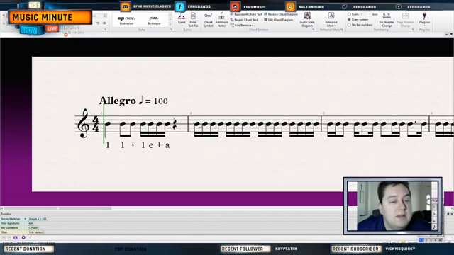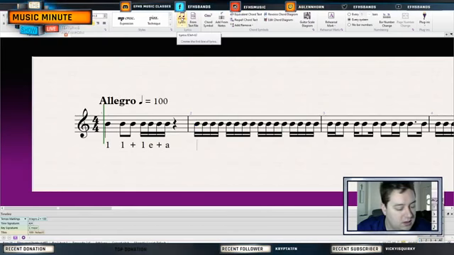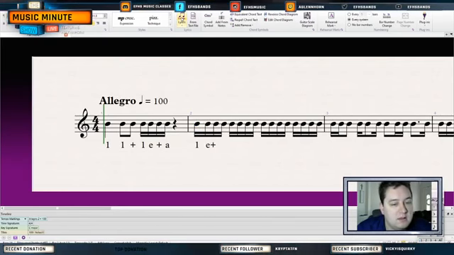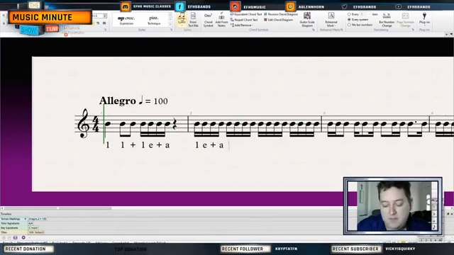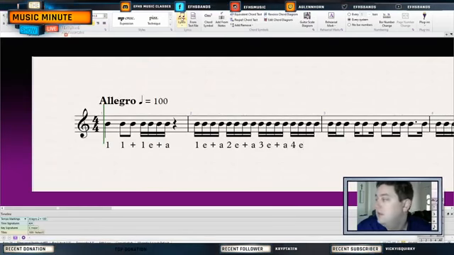So when we're breaking down 16th notes, you have 1 E and, if I can type, 1 E and 2 E and 3 E and 4 E and. So as it's breaking down everything, they're always going to appear in the order that you see them here. The first 16th note is always going to be the number. So I'm going to change this right there. It's always going to be the number